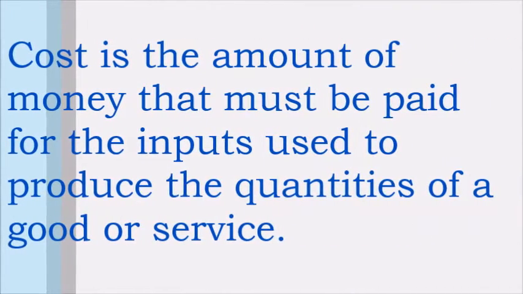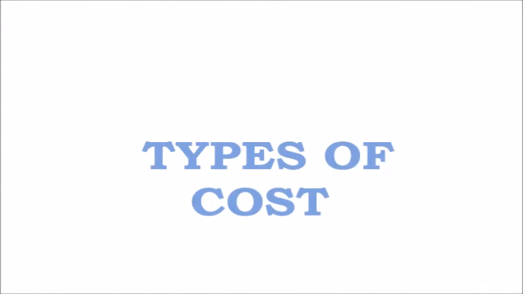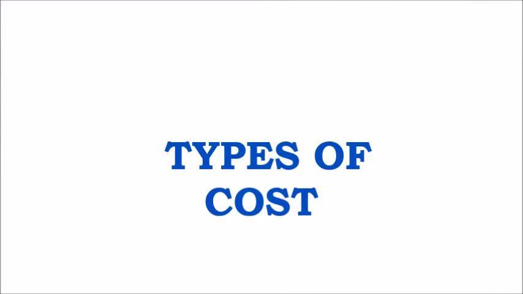Today we are having our economics lesson 7, cost theory. Meaning of cost. Cost is the amount of money that must be paid for the inputs used to produce the quantities of a good or service. The cost structure of a company and how it is managed has a great influence on long-term profitability. The main types of costs at our level include: